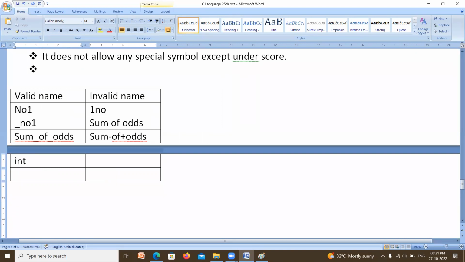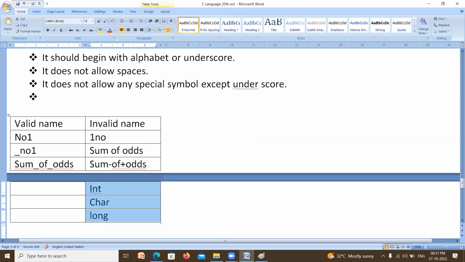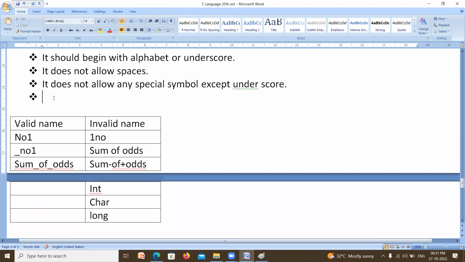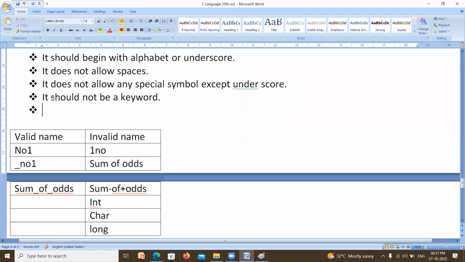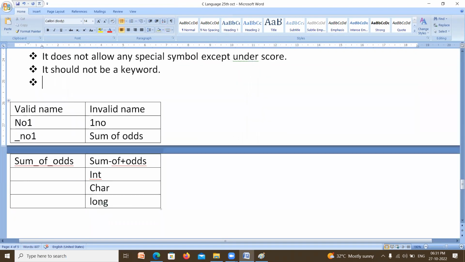So, for example, integer. You cannot create a variable like integer. You cannot create a variable like character. You cannot create a variable like long. Why? Because all these are keywords. So a variable name should not be a keyword. A keyword should not be given as a variable name. Next one is